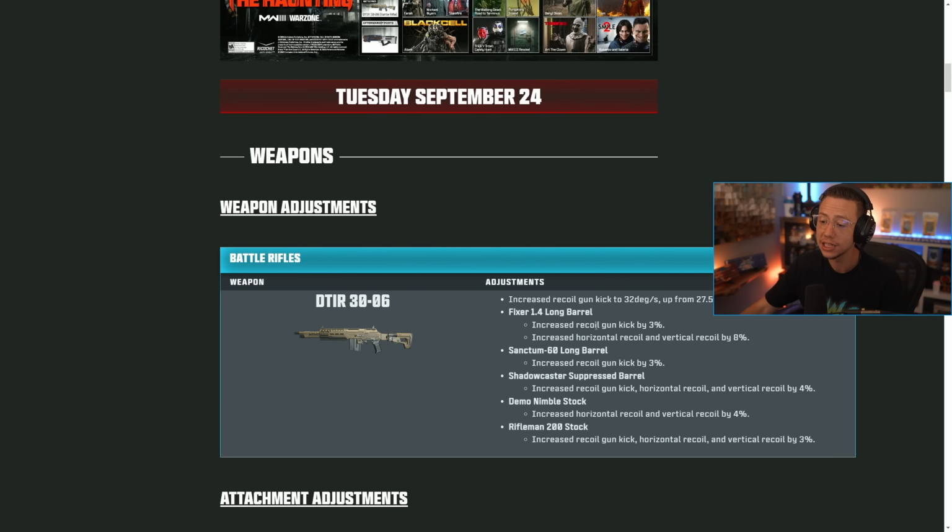The long barrel has more recoil. The Sanctum 60 long barrel has more recoil. The Shadowcaster suppressed barrel has more recoil. The nimble stock has more recoil. The rifleman stock has more recoil. You could